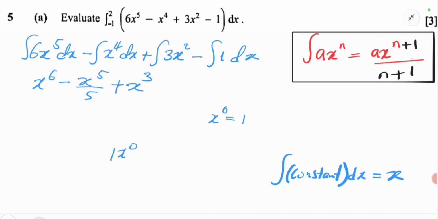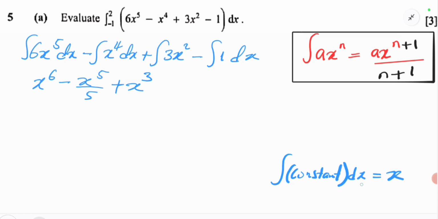So if we apply this rule on 1 times x to the power 0, we are going to say plus 1 here, then divide this whole thing by 0 plus 1. So you see there, 0 plus 1 is what? x to the power 1 over 1, which just gives us what? x. So to save you from this trouble, it is just important for us to understand that the